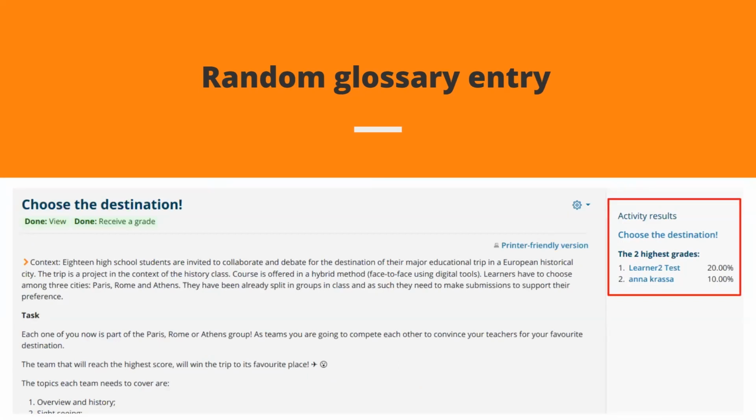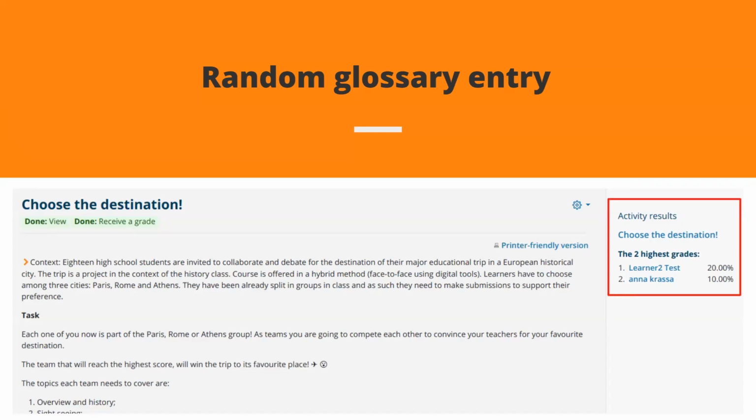This one is set inside the activity itself. It lists by entry, so by user, the highest score, but everybody can see how the scores will change as new entries are coming in, and how the score is organized.